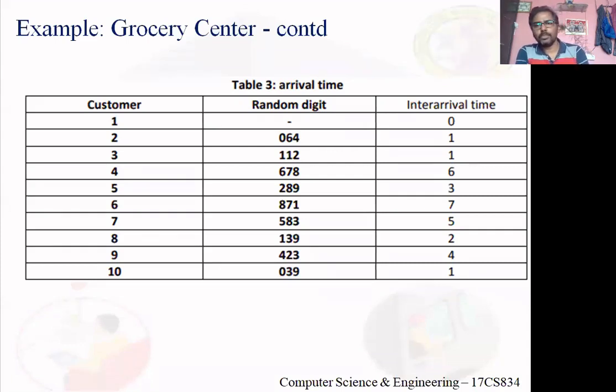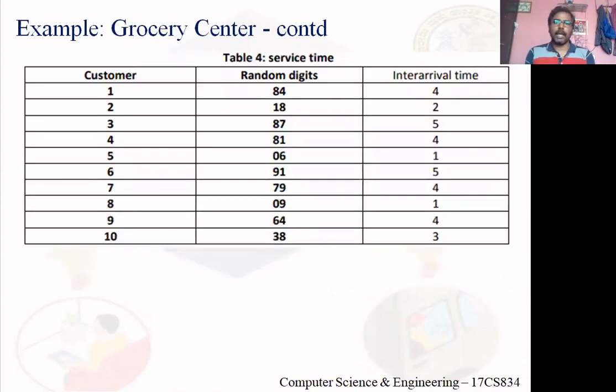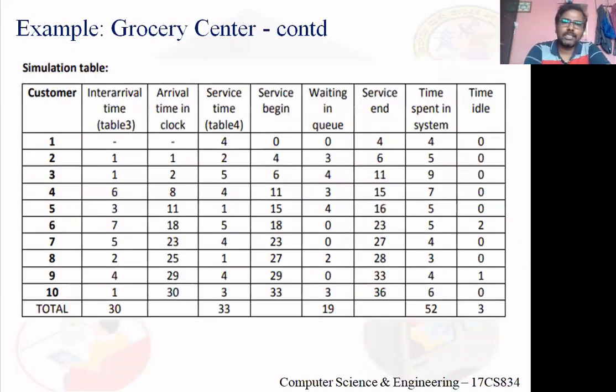Now we have 9 inter-arrival times and 10 service times. Here, the third data is a service time. So now you will construct this table. Again, like in the previous table, but 2 columns are not included there: the waiting time of each customer and the time spent in the system. The same thing here.